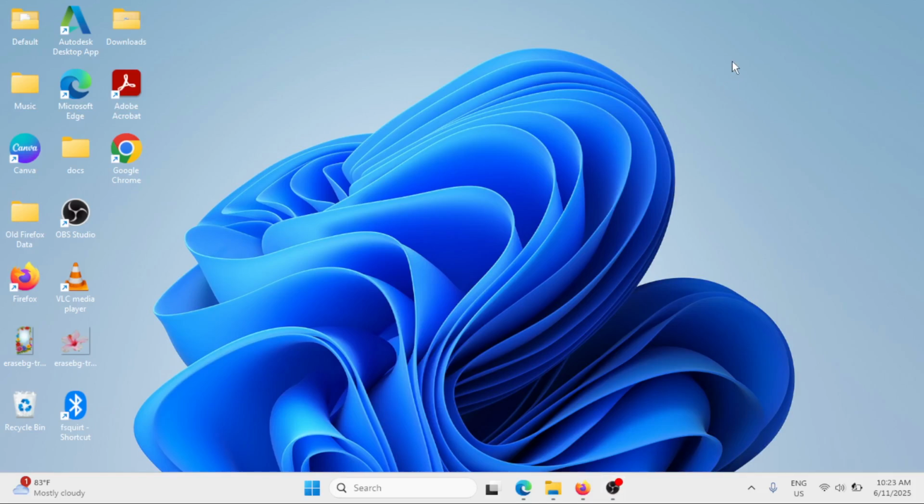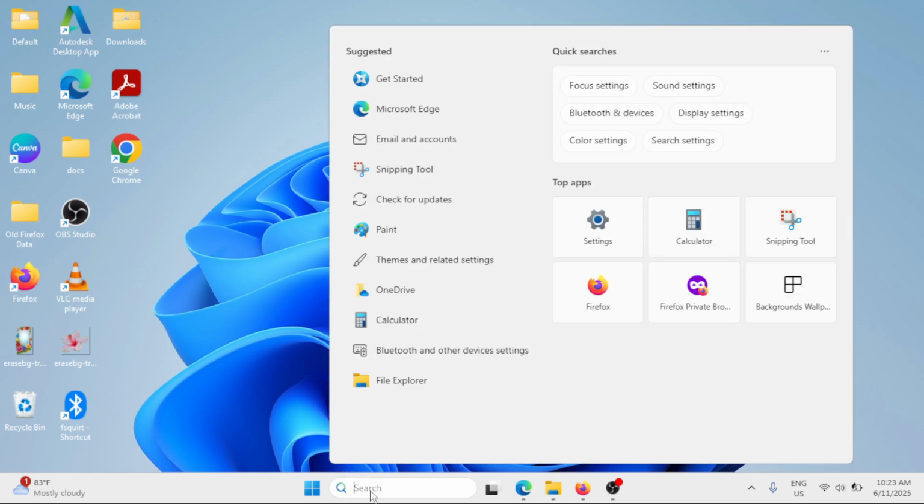In this video tutorial, I'm going to share with you how you can fix screen dims when playing games on full screen on your Windows PC. So let's get started. Go to the Windows search bar and type Power